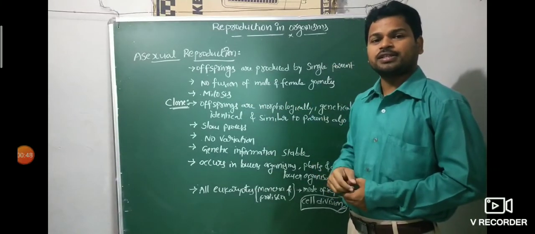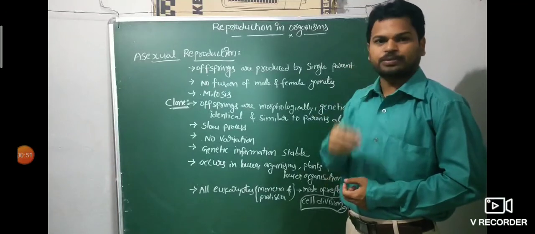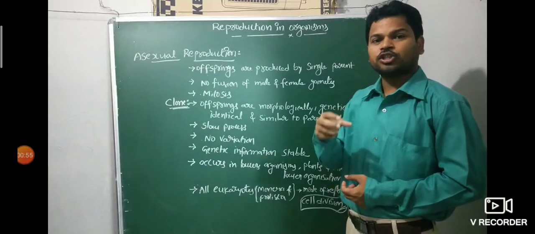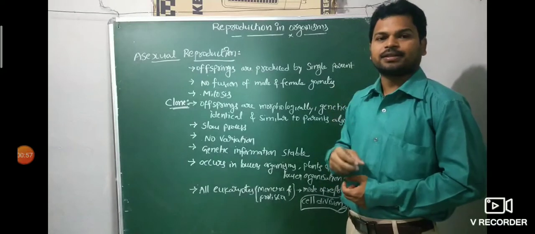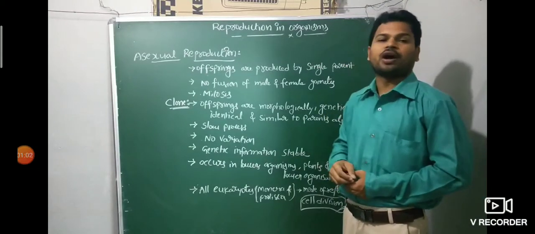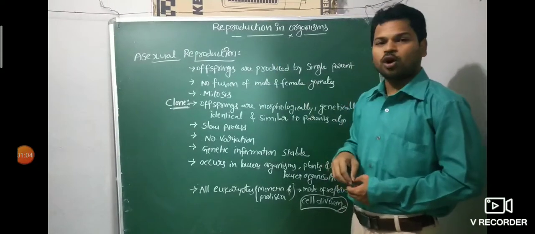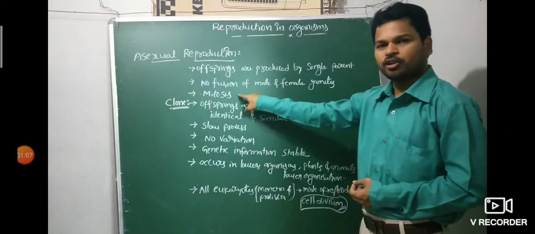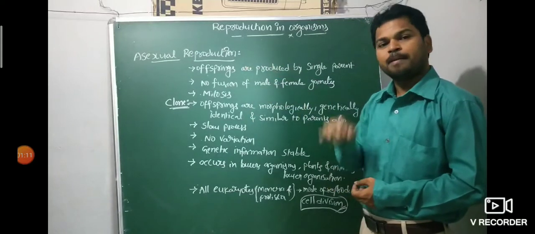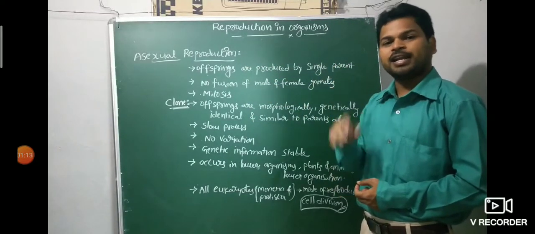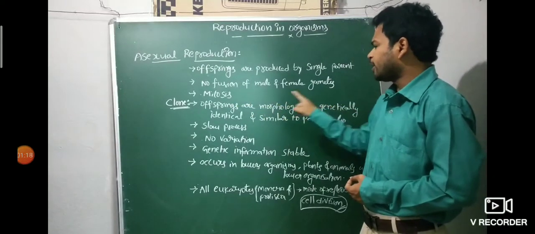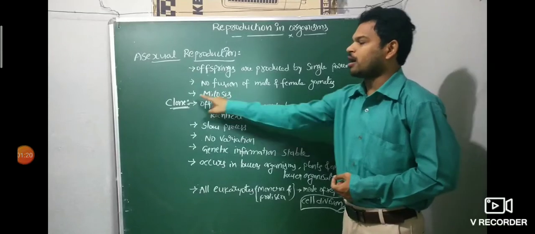You just recall the divisions. Mitosis and meiosis, two types of divisions are there. Mitosis division occurs in somatic cells. There is no change of characteristics, meaning whatever parental characters are there, the same characters come into the offspring also. So the division involved in asexual reproduction is mitosis. That's why offsprings produced by asexual reproduction are morphologically and genetically identical. Offsprings that are morphologically and genetically identical are called clones.